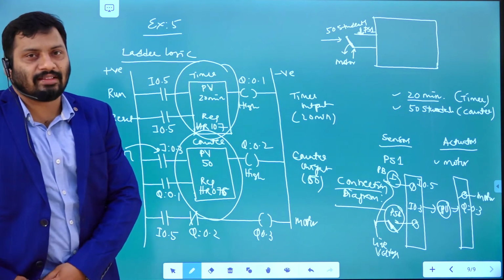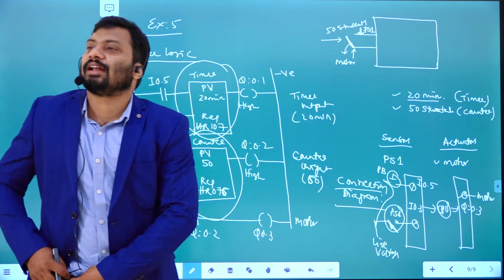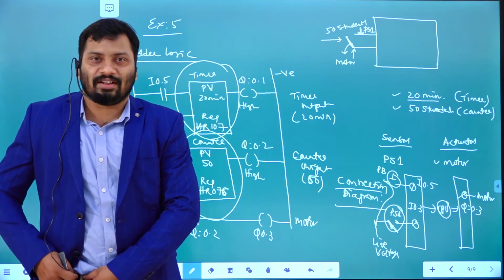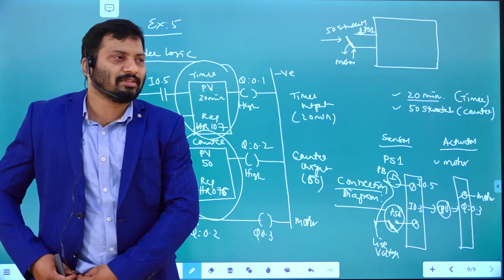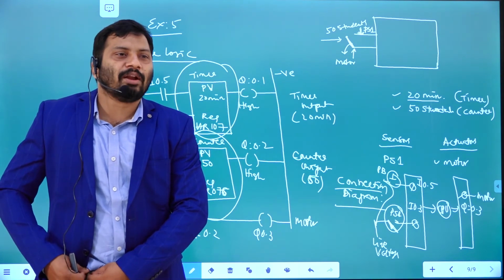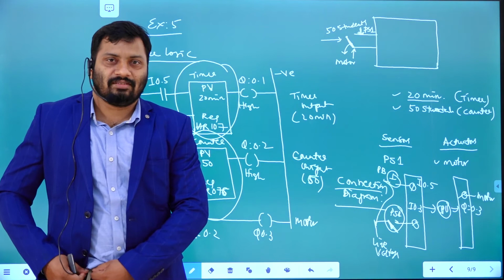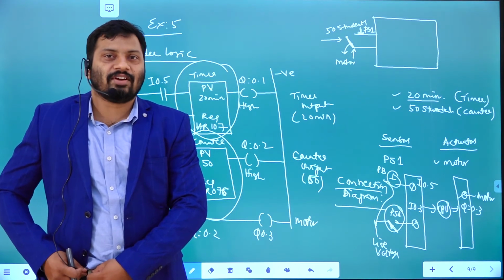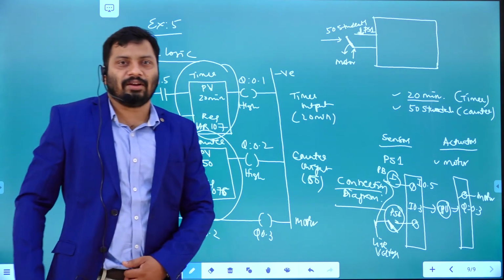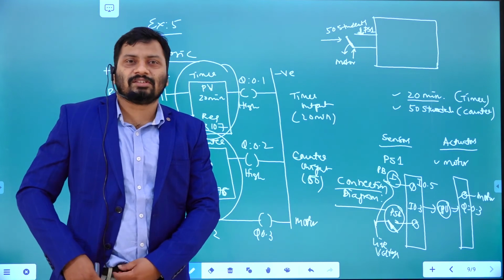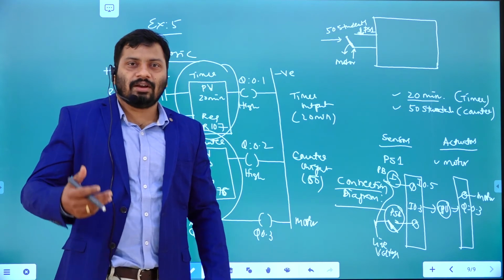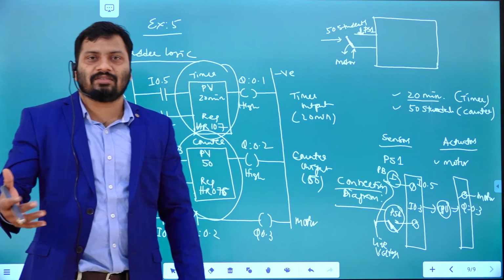Now we'll see another application: how many students are entering into this particular room per minute, that means the rate of entering into the room. That is also something you can consider. Not only this example, in industry also, how many bottles are coming out per minute. That means the rate of devices going out through that particular line. If you know how many bottles are going out per minute, you can say this many per hour, and for 8 hours this many bottles, right? Based on that you can say this is the capacity of this particular industry.